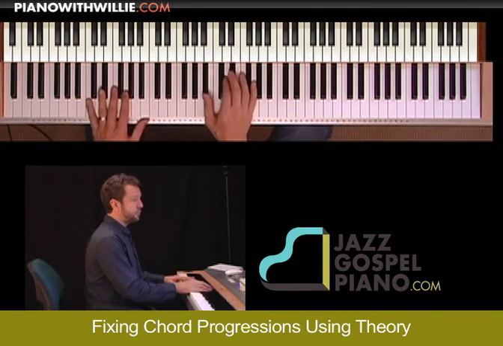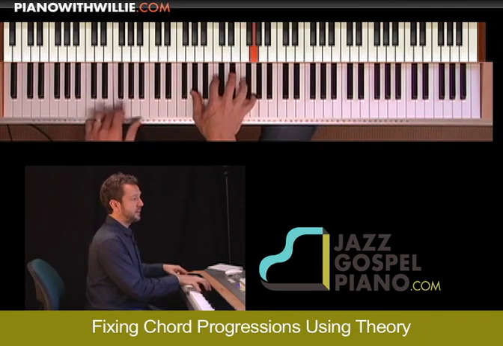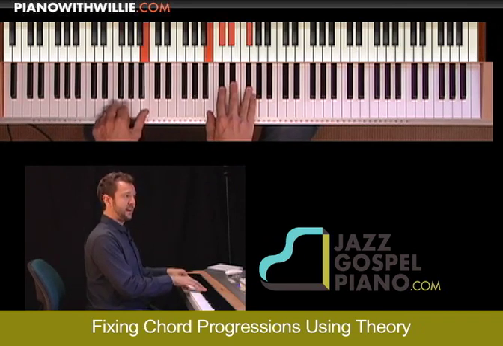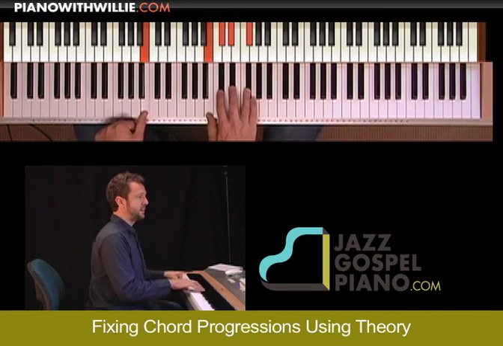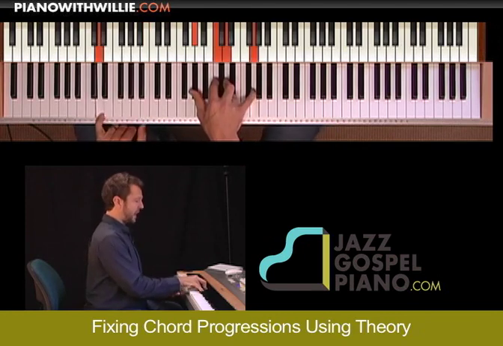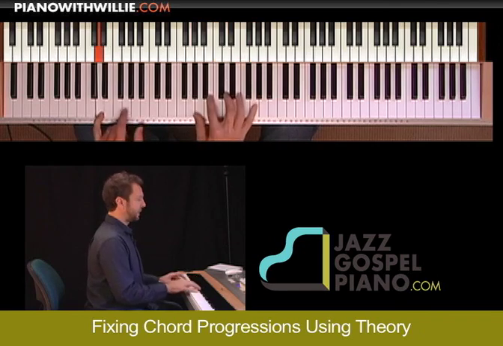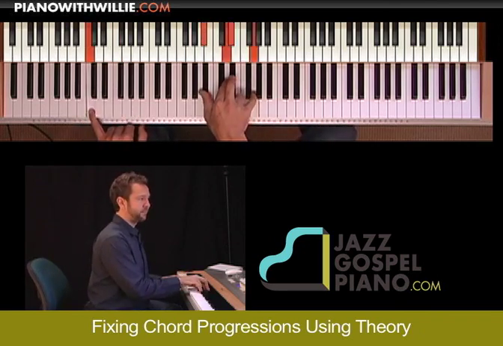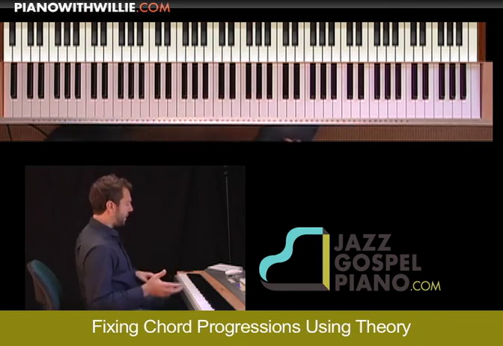So if I just play that progression, C minor 7, F minor 7, and then I go to B, right, with an add 9, and I'm just playing it as a B major triad with an add 9, okay? Then I go to this kind of odd D chord, and I just put a D with a question mark there, and then I go to a G, and then the C minor. Okay? So now, when I'm playing this,